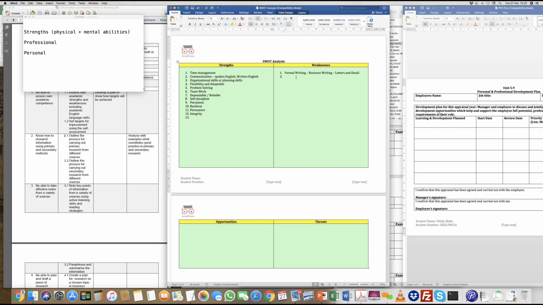So if I look at weaknesses, in this case would be things like, just give me one second. So when I look at weaknesses, could be areas that you look at in particular, which would mean that, you know,